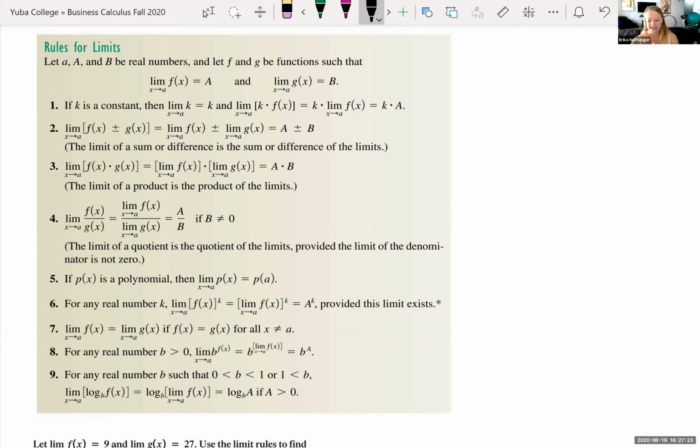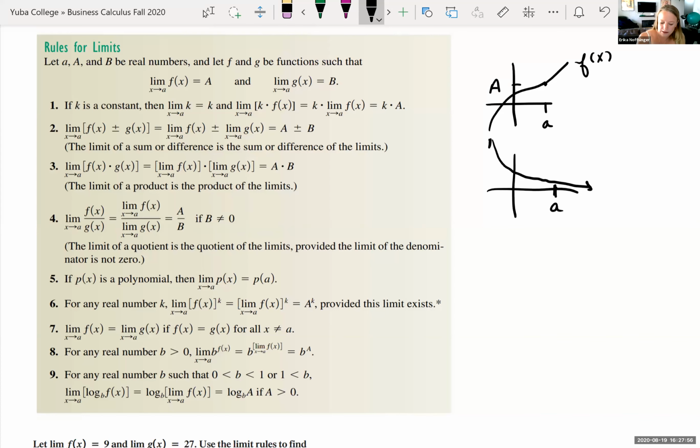So all that's just saying is that the limit exists. As I come in on the left and come in on the right as x equals a, that is going to give me the value of a. This right here is saying if I'm looking at the limit as x is approaching a on g of x, so the equation of g of x, so our g of x might look like this, and that value is b. That's all that this